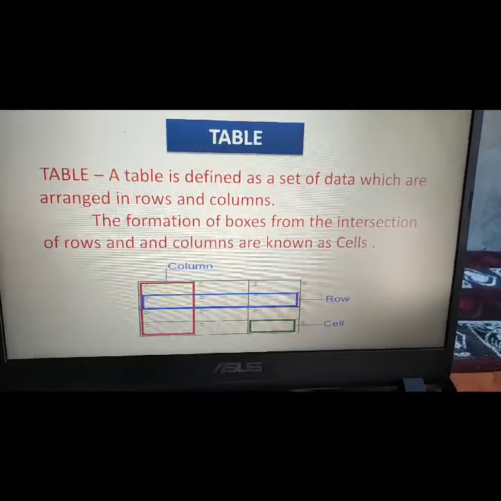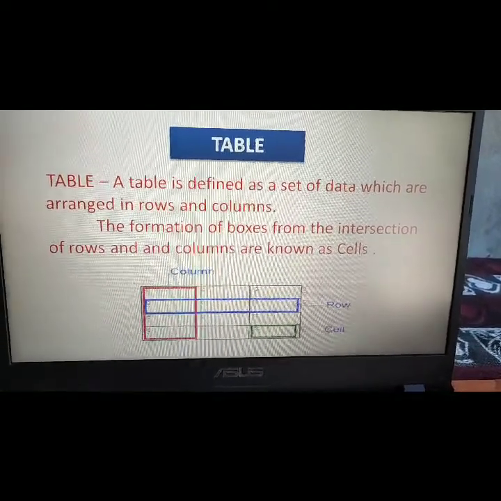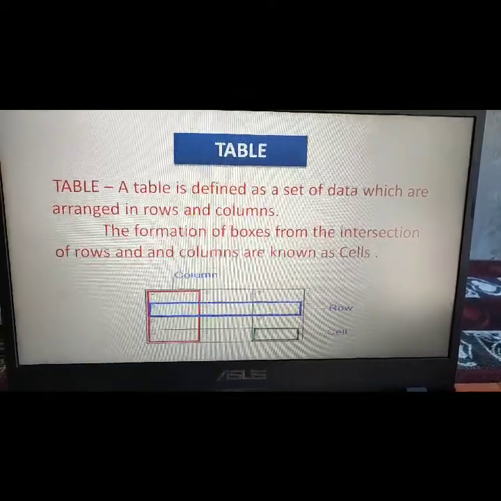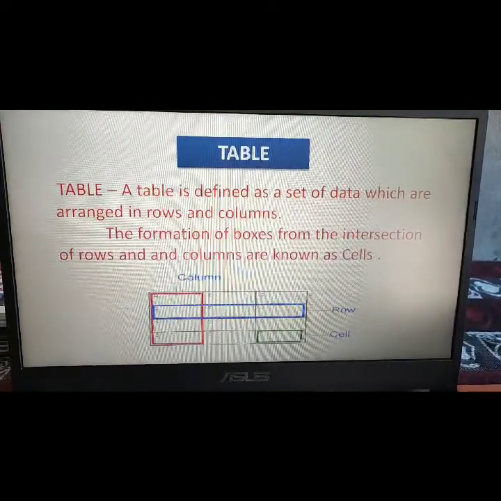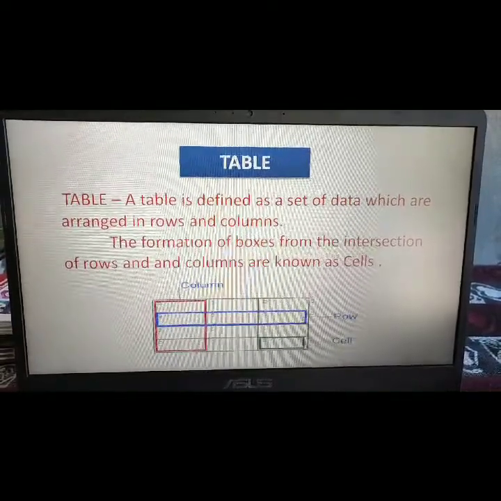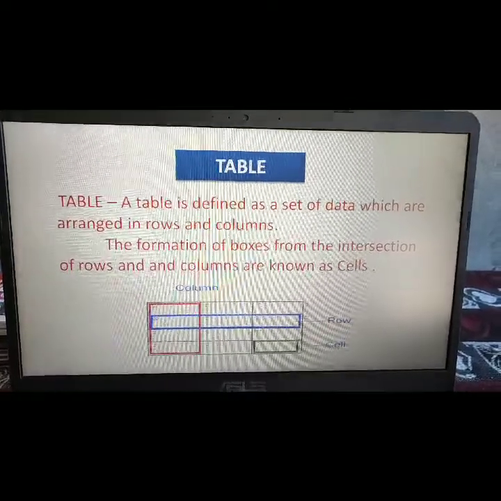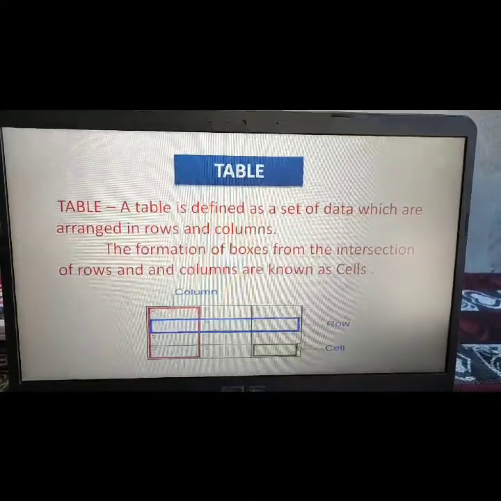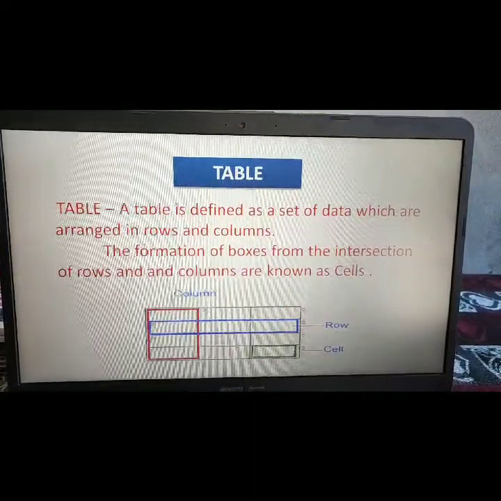See, in this figure we have seen that there are some rows and some columns in a table. You notice one thing, that the rows and the columns intersect with each other.